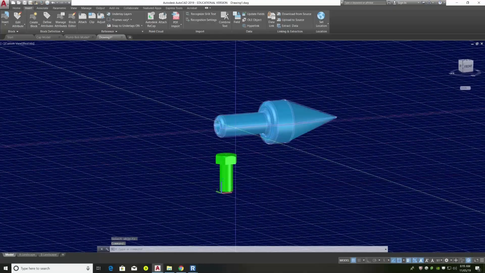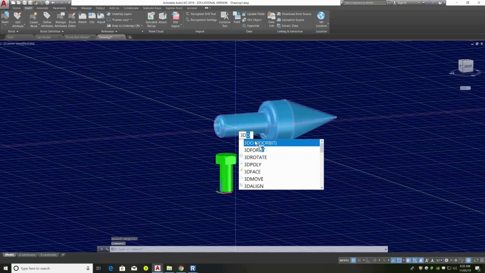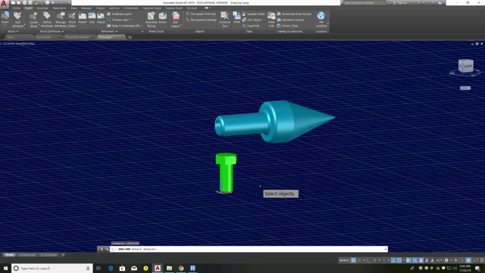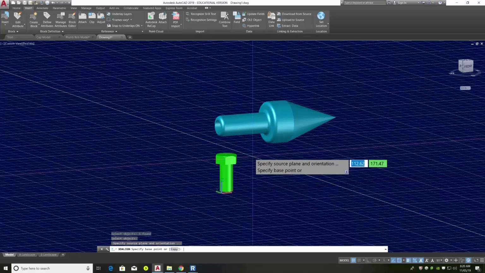So I'm going to type 3D align. Here it is down here. And the first object that I select is the object that I want to move. So I'm going to move this cap. I'm going to select the cap and hit enter. Specify the source plane, orientation, or specify the base point. All right, so my base point